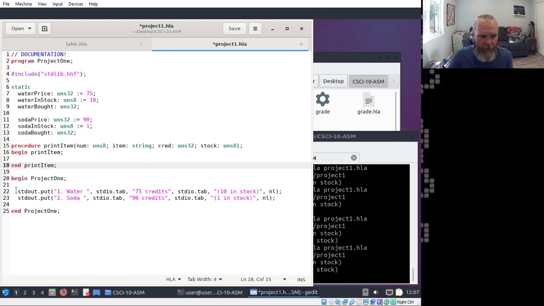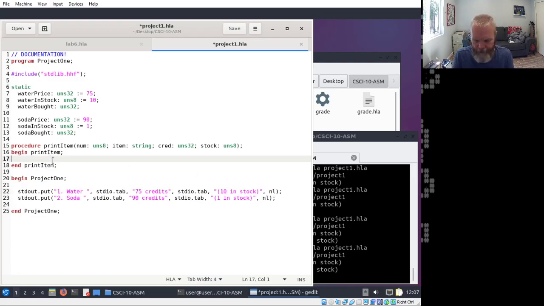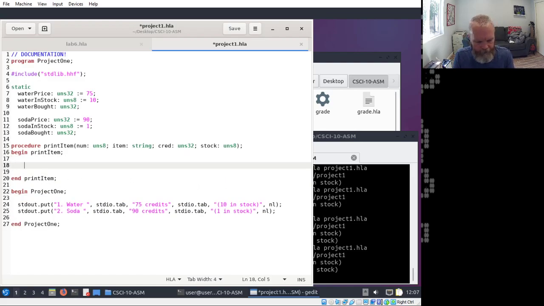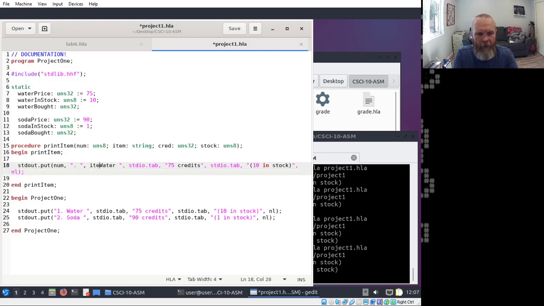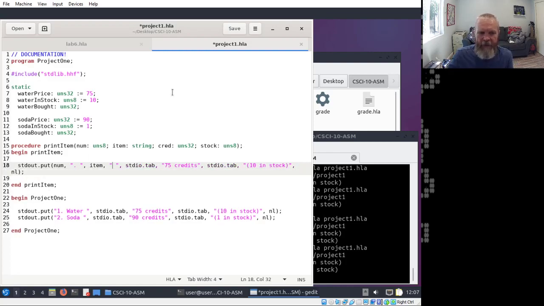And then I'm just going to take one of these and then I'm going to parameterize it. I don't want that. I don't like that. So let's see. The first thing is the number, followed by a dot, followed by a space, followed by the item name, followed by a space. And the reason why that extra space is there is I discovered that the tabbing didn't work pretty with soda.